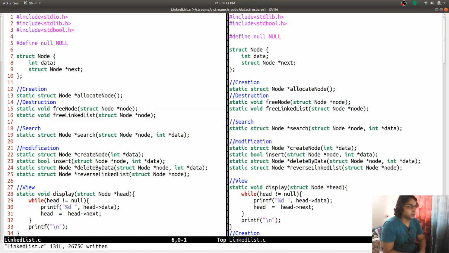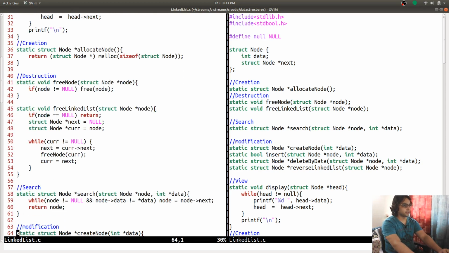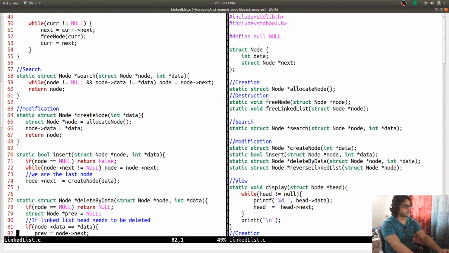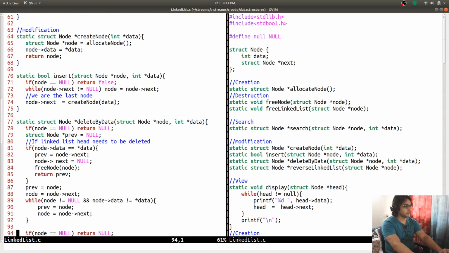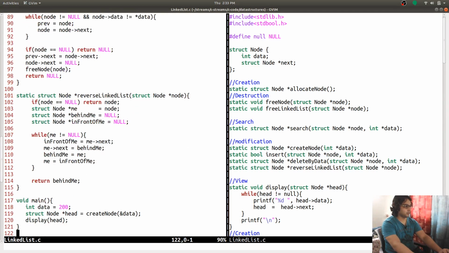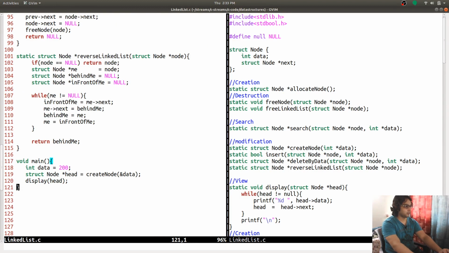So we have inserted a value 200 in the node, so I'm going to insert multiple values in the node. For example, data is equal to 101.